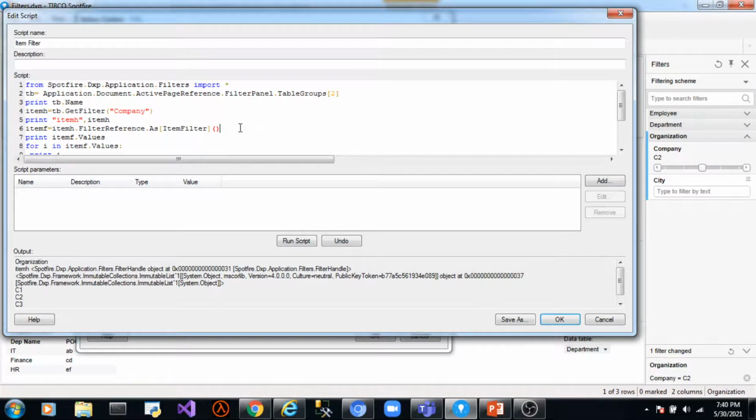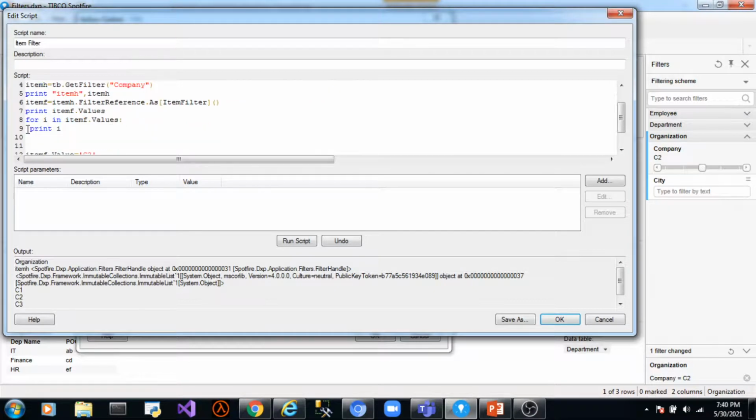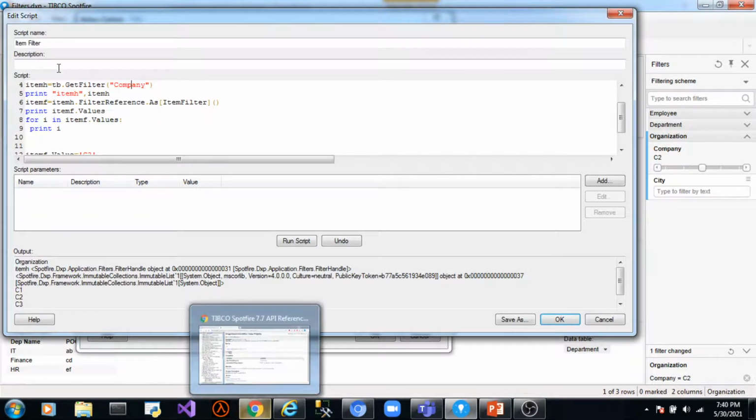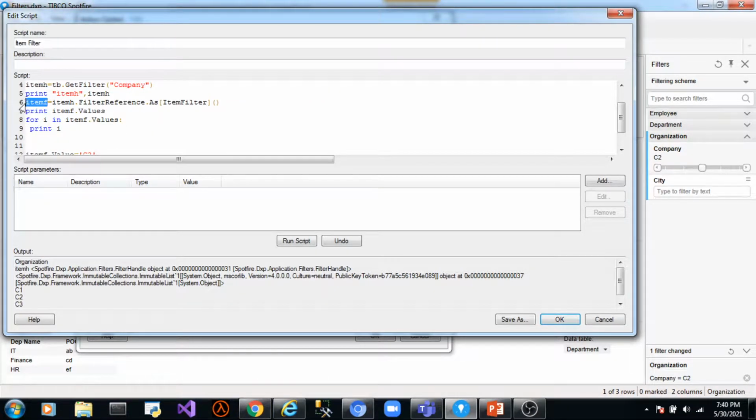So this returns an object of type item filter, which in our case is the company filter. Now with this item filter object, we can use all the methods and properties which are defined in the item filter class.